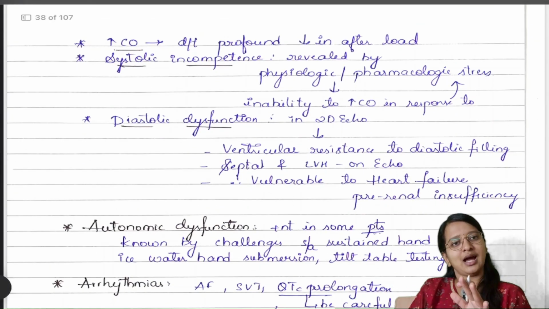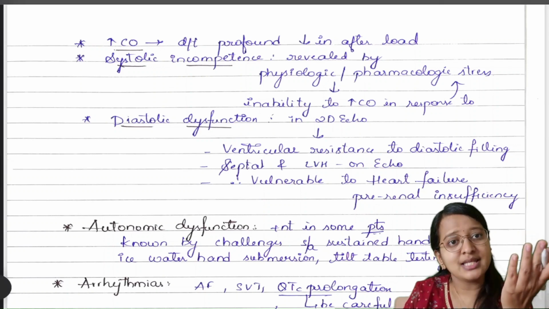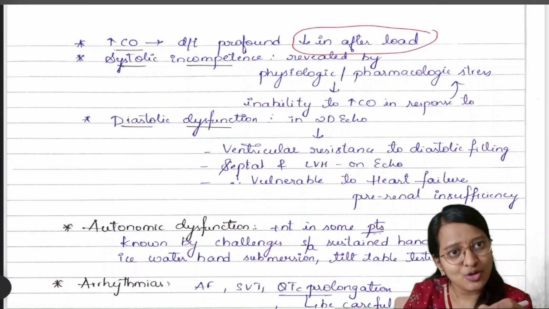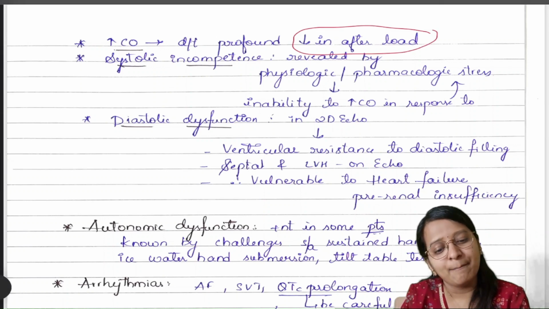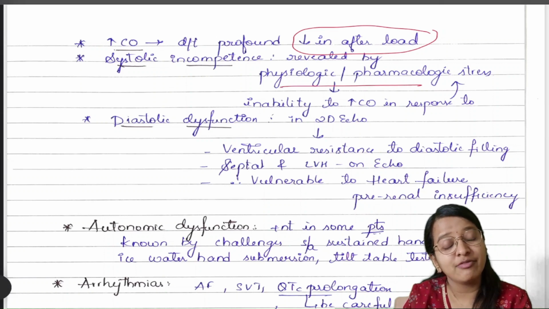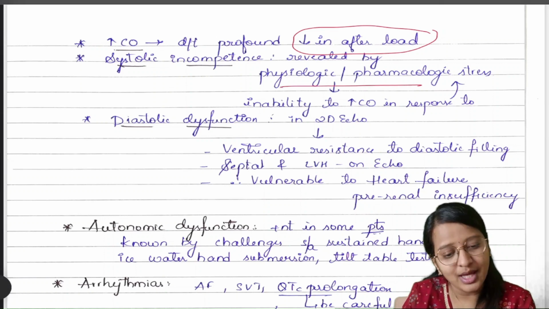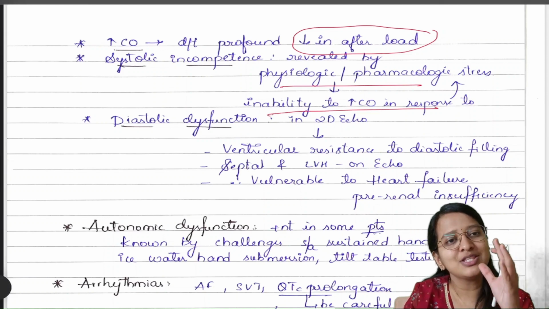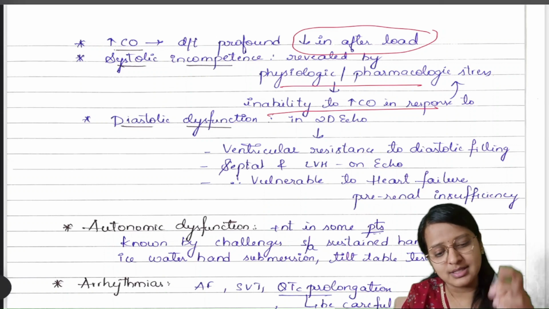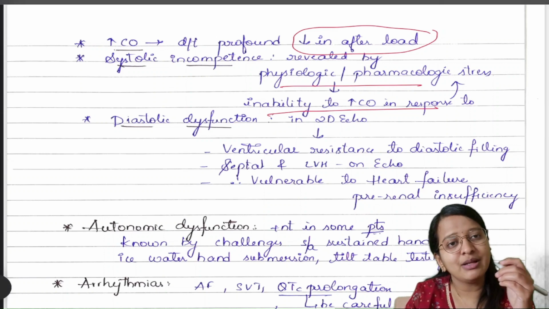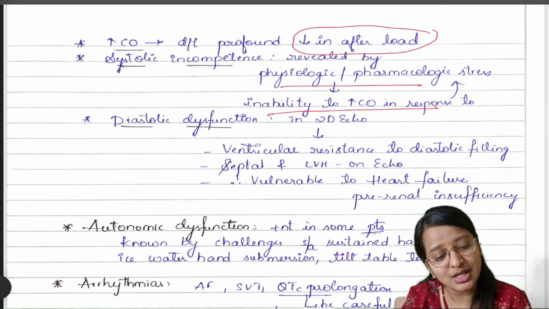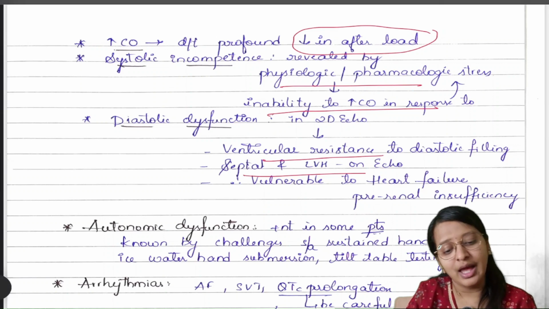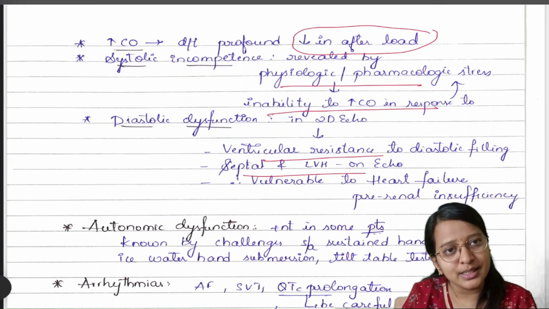So this increased cardiac output is due to your increased hyperdynamic circulation and also decreased afterload. This systolic incompetence, how we will know, is by physiological or pharmacological stress test. Okay, so there will be no increase in cardiac output in response to these stressors. It's systolic incompetence. And coming to diastolic dysfunction, we'll be knowing it in 2D echo. There will be ventricular resistance to diastolic filling, septal and left ventricular hypertrophy, and they are more vulnerable to heart